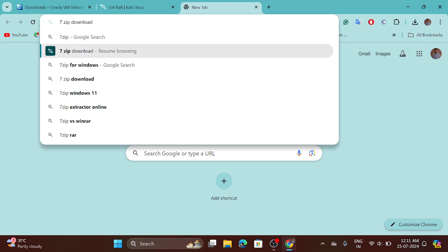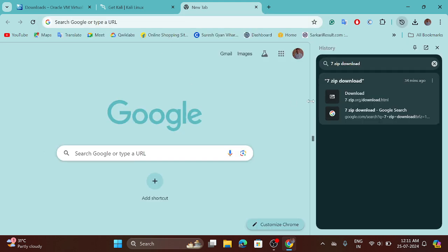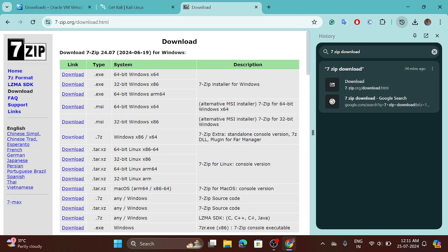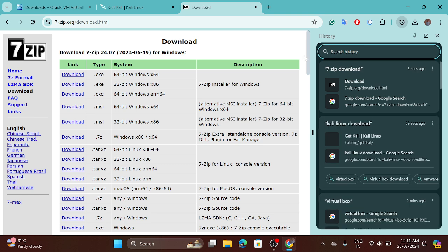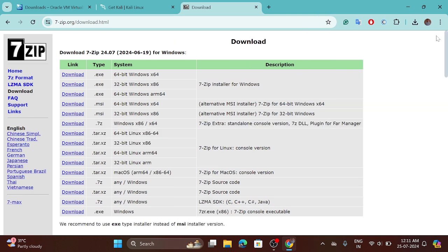So type 7-zip download. Okay, I have also downloaded it already, that's why I am not doing this again. Click on this download link. This is the latest file, and after that